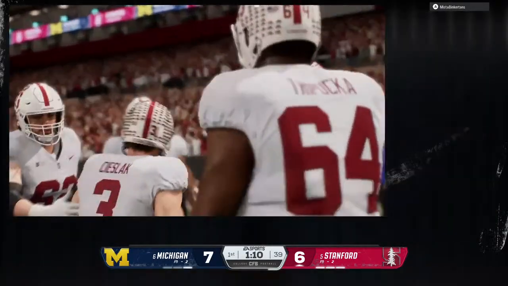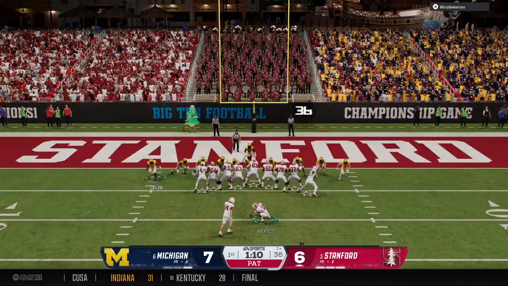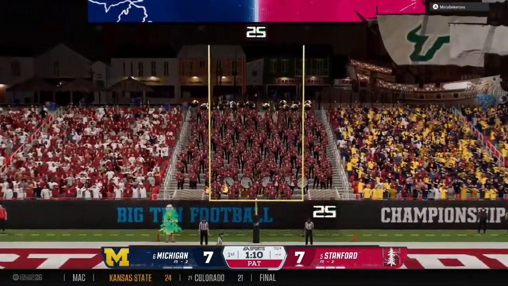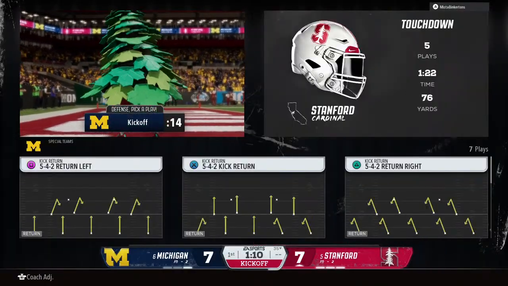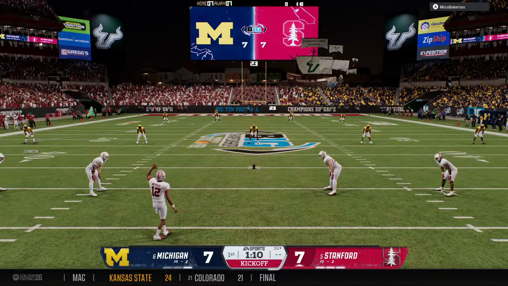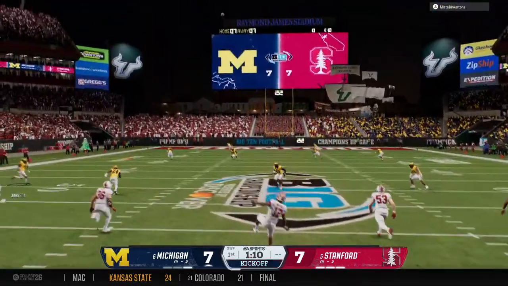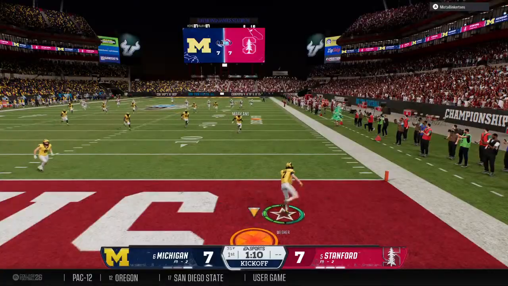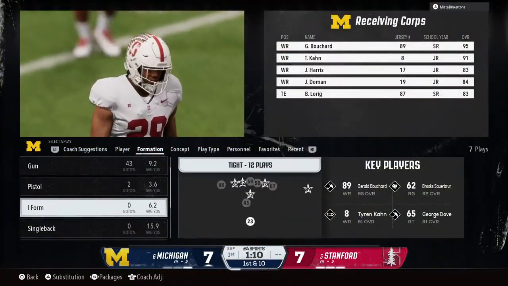focused on the offensive line. You had 5 guys working as one. Great communication, able to get up to that second level and open things up nicely to allow the back into the end zone. And the point after is right down the middle. Kickoff team out there, they are fired up after just scoring a touchdown. The kickoff, a little too hot to handle, goes through the end zone for a touchback.